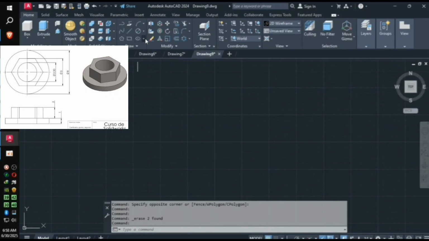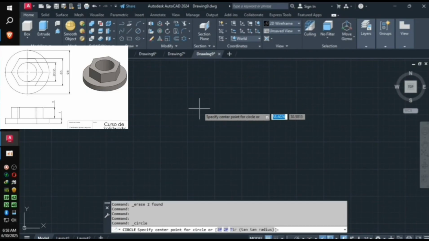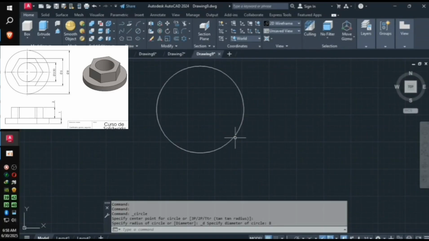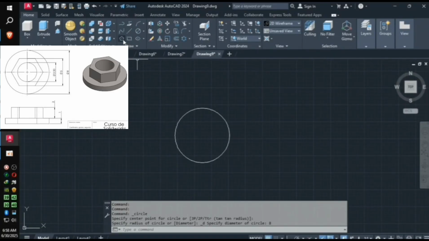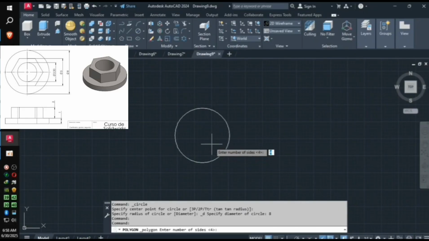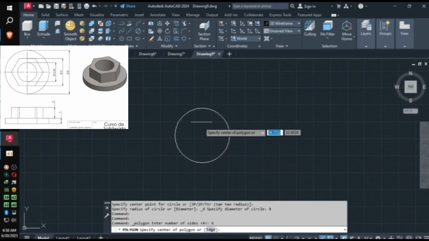So today we are going to do our 3D modeling 1. To make this happen, we're going to click center diameter and type 8. And after that, we are going to click polygon and type 6